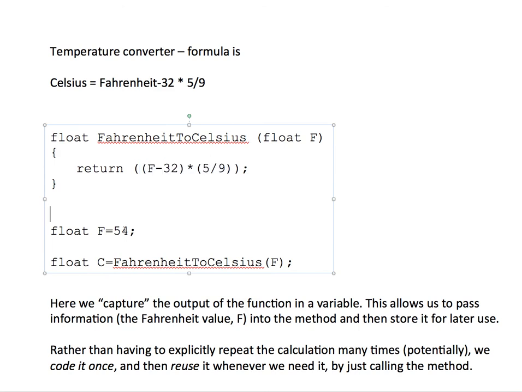So here we see an example of how we capture the output of the function. So we might create a variable f, which we call 54, which is not the same f as this one here. Remember, this is a variable that is local to this function. Okay, it only exists within this function. Outside, this is a different variable. Okay. So we create f as a float, give it the value 54, and then we can say here, create another variable, which is a float c, which takes the value of calling the function Fahrenheit to Celsius with the value f. Okay,